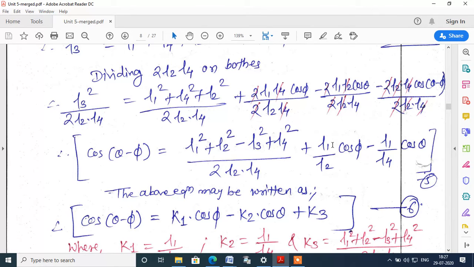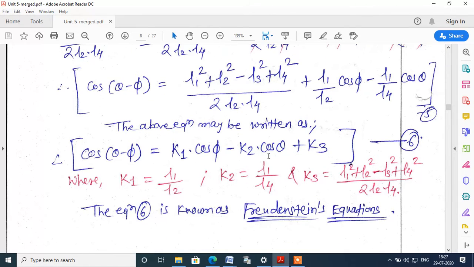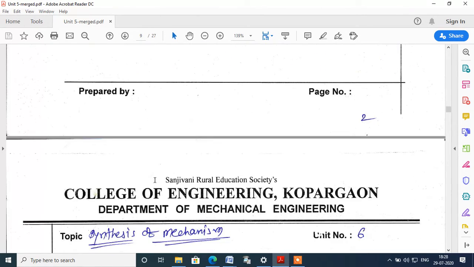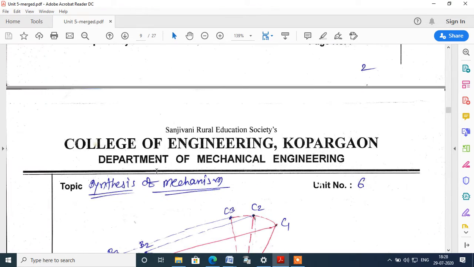k1 cos phi minus k2 cos theta plus k3, where k1 is L1 by L2, k2 is L1 by L4 and k3 is (L1 square plus L2 square minus L3 square plus L4 square) divided by twice L2 L4. So this equation is known as Freudenstein's equation, and from this equation we can solve the synthesis of any mechanism,